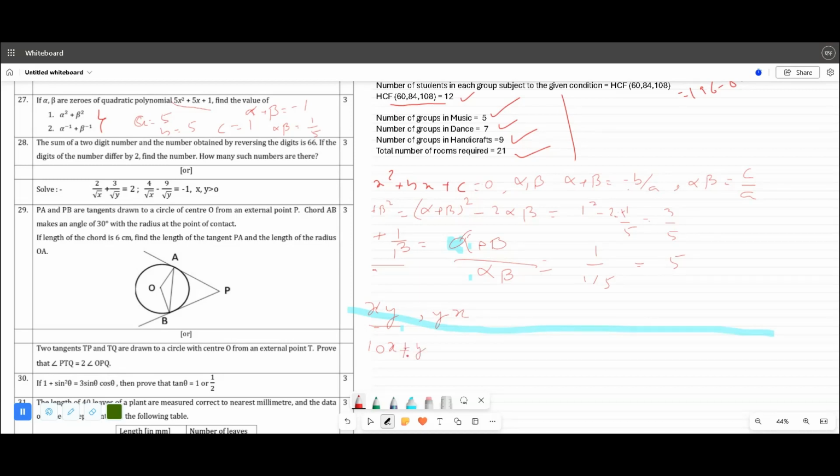Is that correct? और हमने जब रिवर्स किया तो हो गया YX, तो उसकी वैल्यू क्या हो गई? That is minus 10y plus x. ये वैल्यू हुई ना, and that is... ओके, सो विल डू सम, विल नॉट सब्ट्रैक्ट इट, इज इक्वल टू 66। ये एक इक्वेशन बन गई। And digits of the number differ by 2. तो मान लीजिए डिजिट्स ऑफ द नंबर आर x minus y is equal to 2। ये दूसरी इक्वेशन बन गई। अब आप इसको सॉल्व कीजिए तो ये हो जाता है 11।